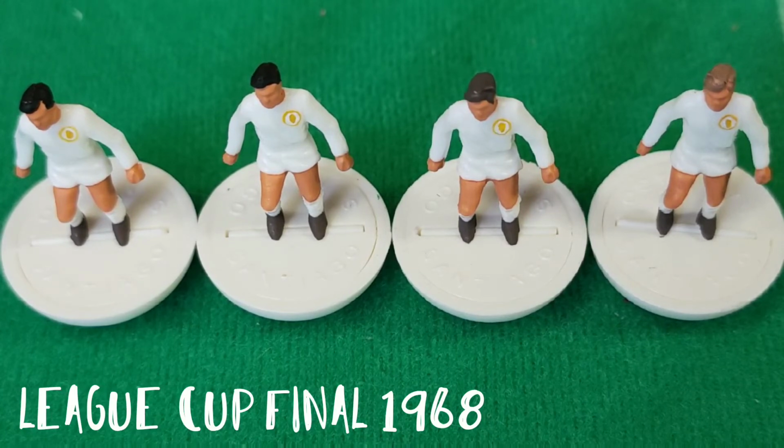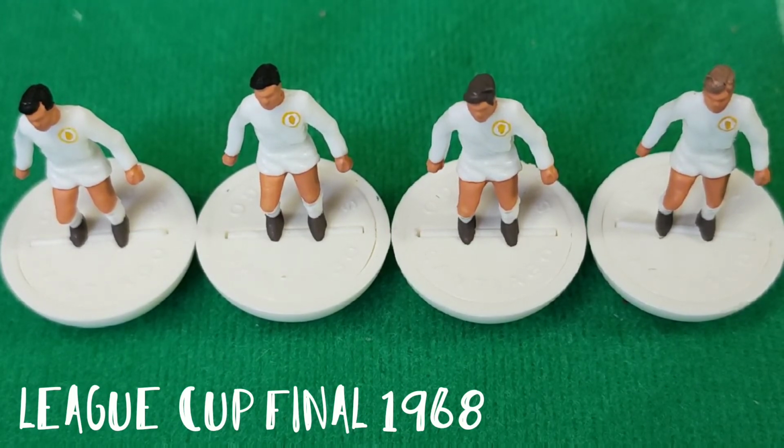So from a team who struggled from pretty much their inception in 1920 through the 50s and 60s to sort of yo-yo between the divisions, it seemed as though now, under Don Revie, that they were stabilising and improving at a really rapid rate, and becoming a bit of a force to be reckoned with in domestic football. We've done all of these ones on the all-white base, the classic Leeds